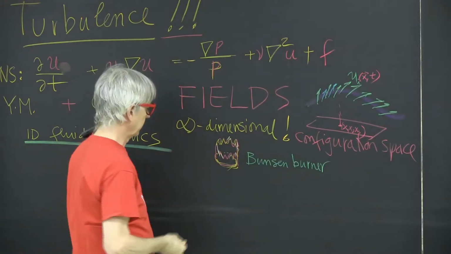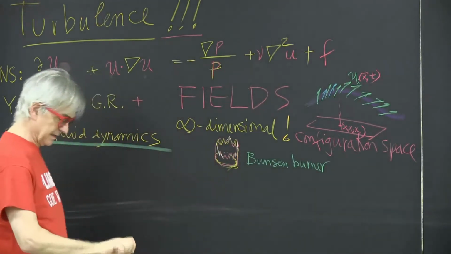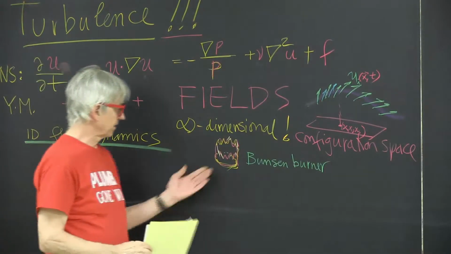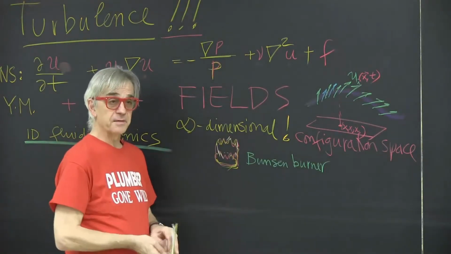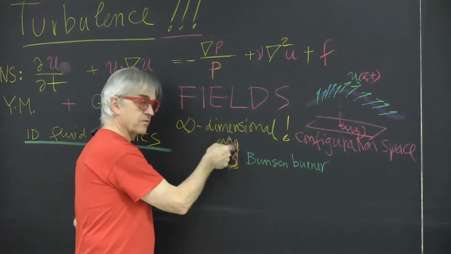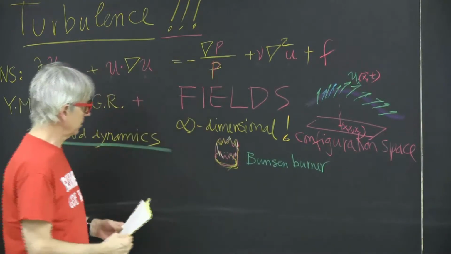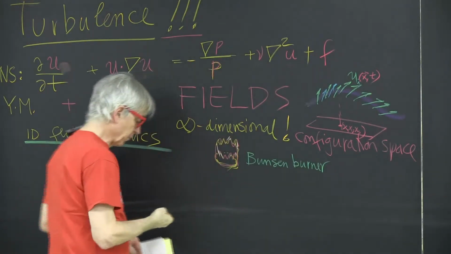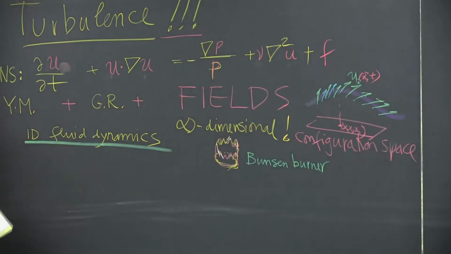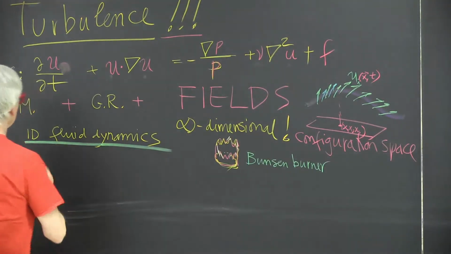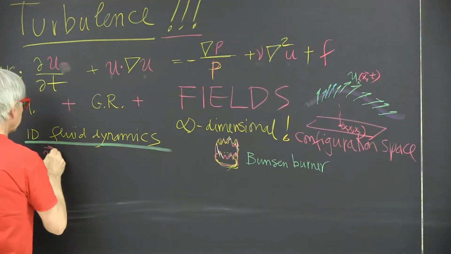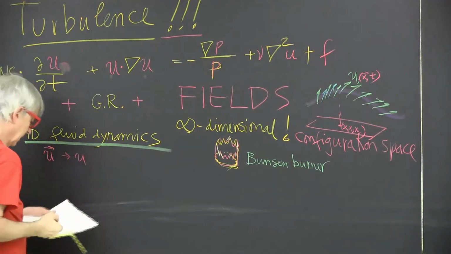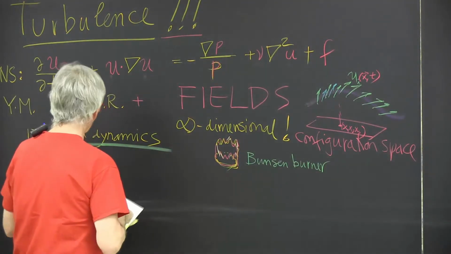So that's the simplest example of turbulence. It's one-dimensional rather than three-dimensional. It is still about velocity, how things move. And several people have written phenomenological equations to describe it. What happens in one dimension: the u vector becomes u, and if you have a gradient, that just becomes a derivative with respect to the single spatial variable.